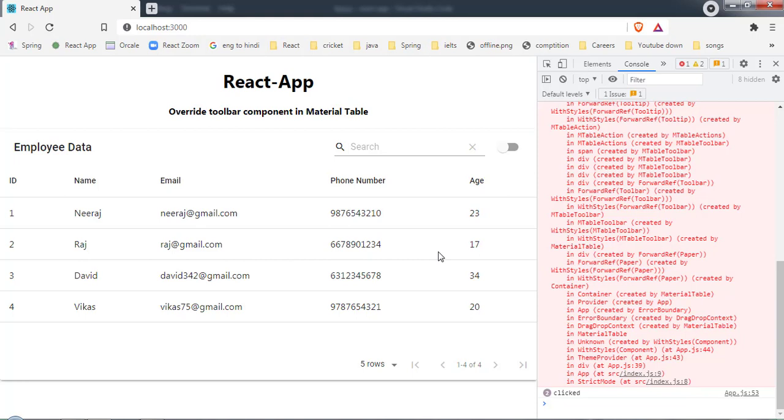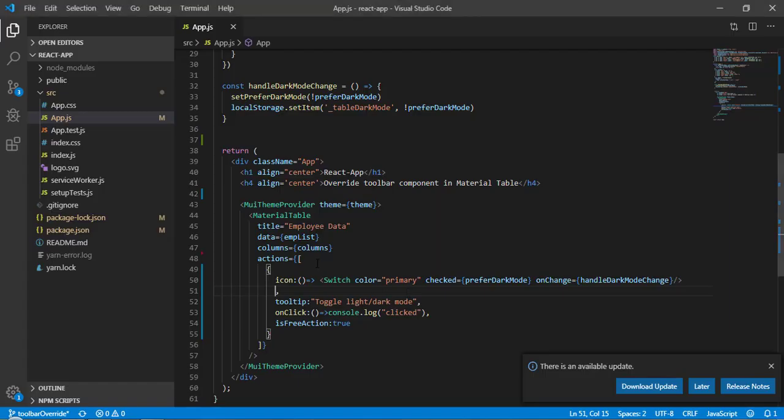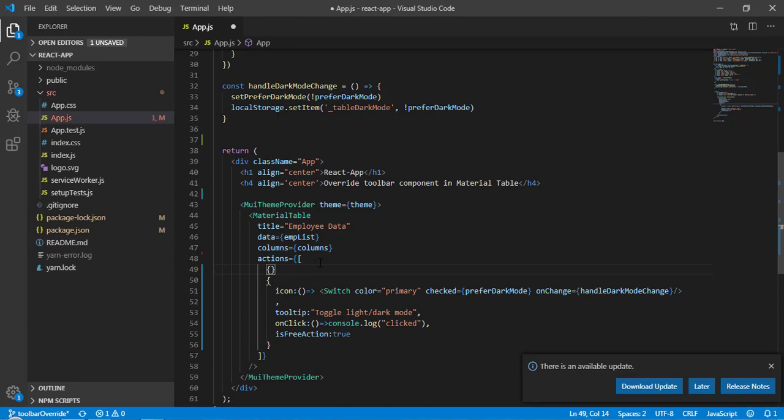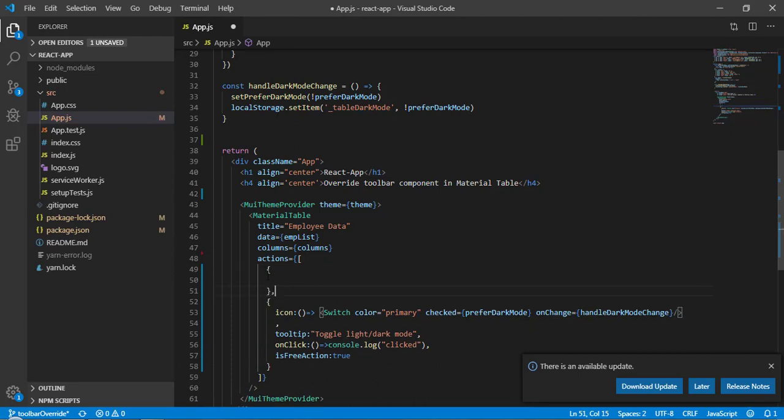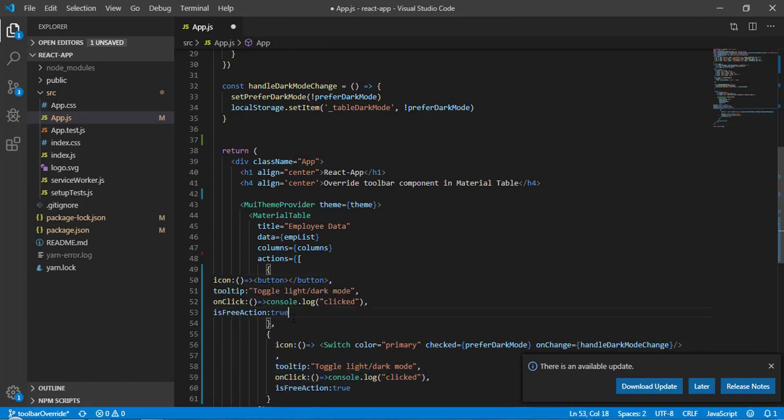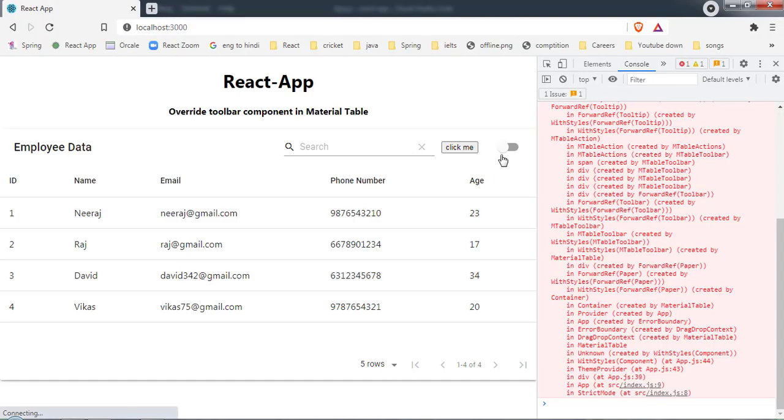So now what if I want to toggle icons? I want it as a second action button. For that, what we have to do is add one curly bracket here. This is going to be an object, and basically we are going to define the same property. So here I will call it icon, and this is going to take a callback function. And now here you can see we have our component. So now what I want is to render two different icons.